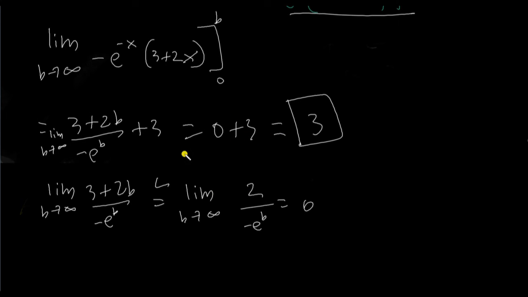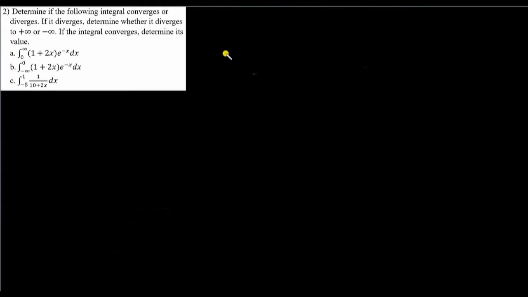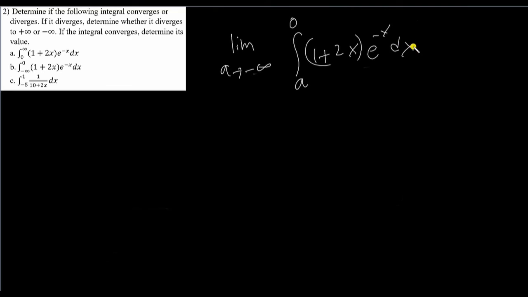Okay, I'm just going to erase this, and we'll move on to part 2. Okay, part 2. And we notice it's the same numbers as before. It's just different bounds. So this time, instead of using b, I'm going to use a. It's just a matter of personal preference as to which one you use. So it's the integral from a to 0 of 1 plus 2x times e to the negative x. And then, if we do the same integration we did before, we'd get